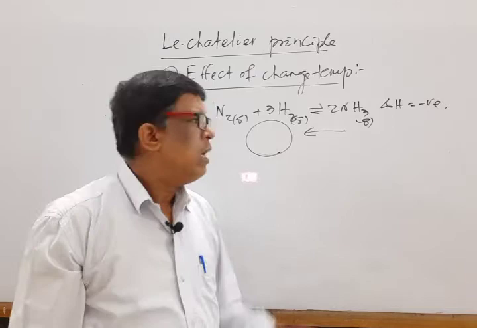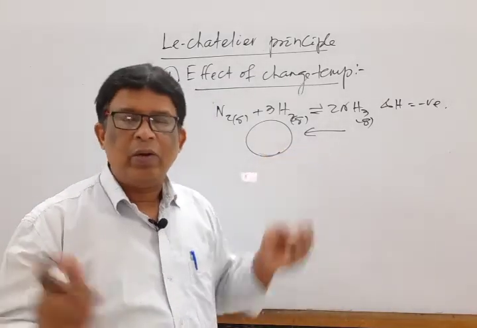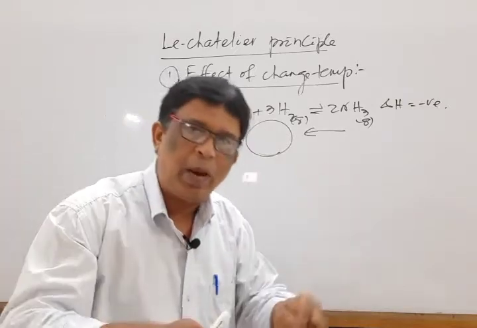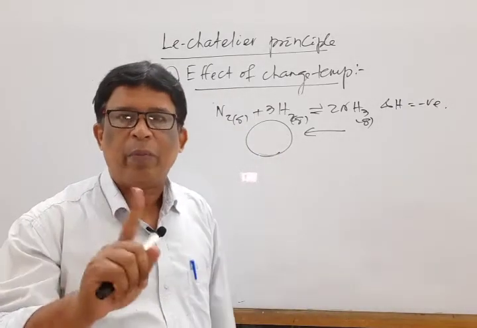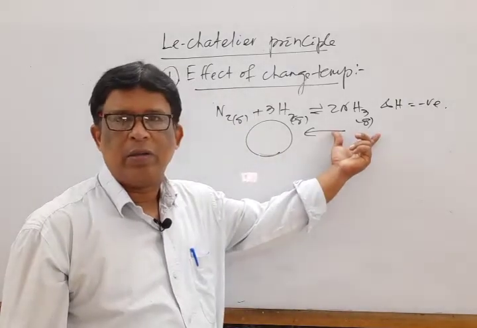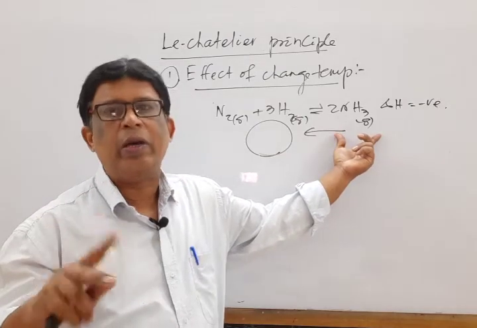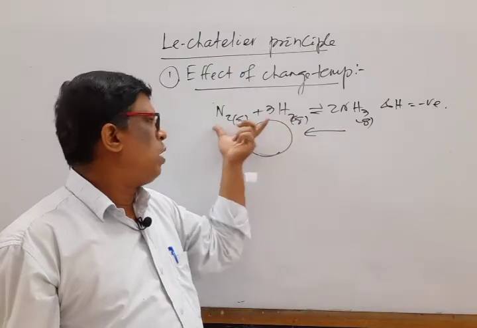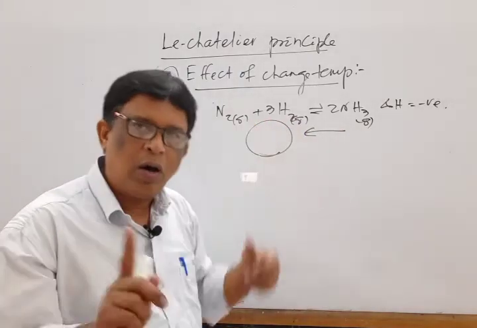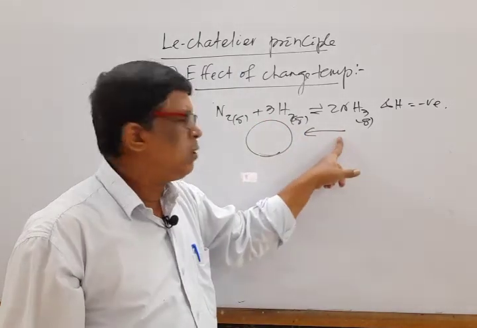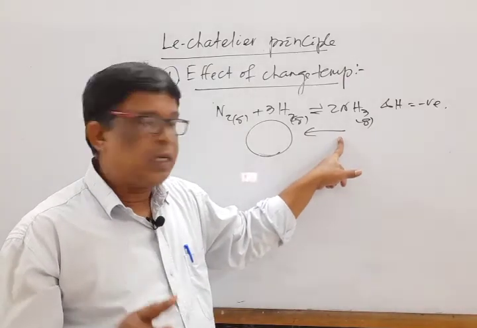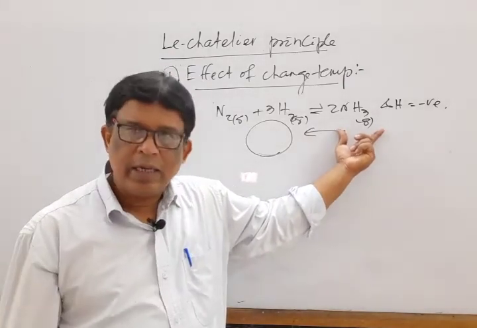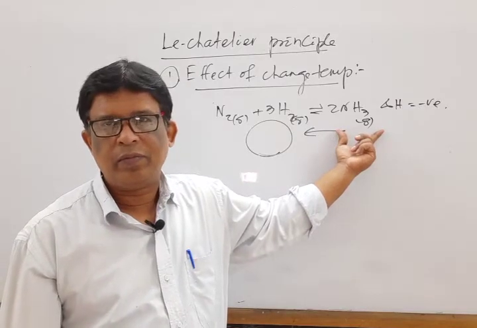I repeat again, it is an exothermic reaction. During this reaction, heat energy is automatically evolved. Again, if we supply heat to the system, then it does not favor the formation of product. That means in two different ways we can draw a conclusion. That is, we say the equilibrium shifts backward forming more amount of reactant, or we can say it forms less amount of product and it is not a favorable one.